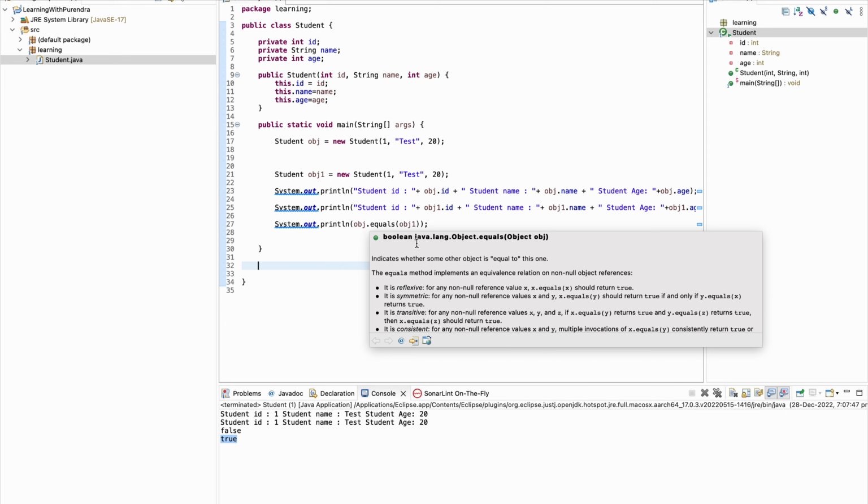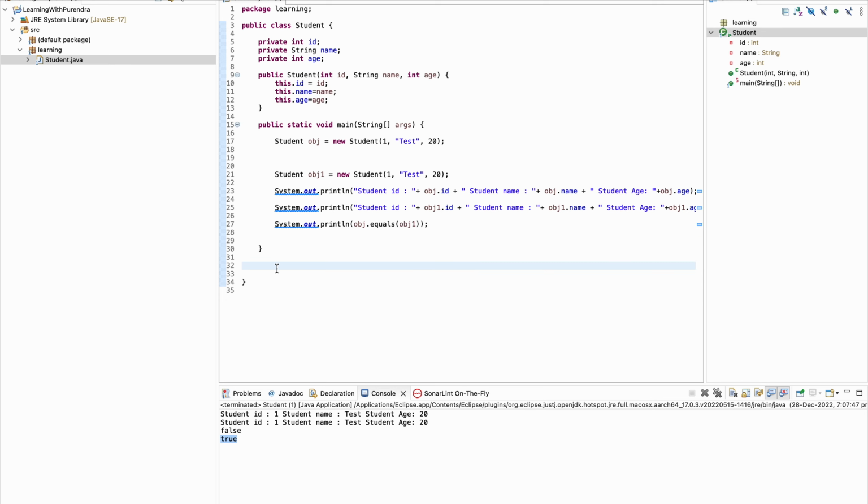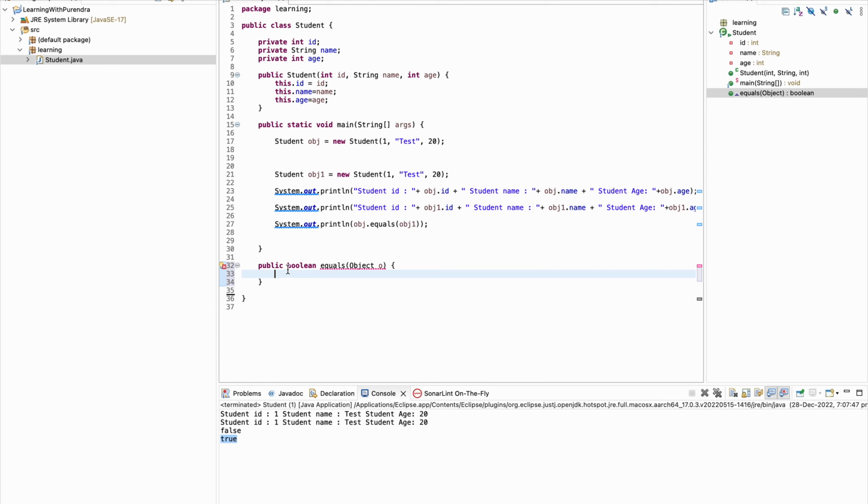For overriding, we have to use the same method signature. So let me write public boolean equals(Object o). From the description, it should be a non-null object reference. So if o equals null, then return false.